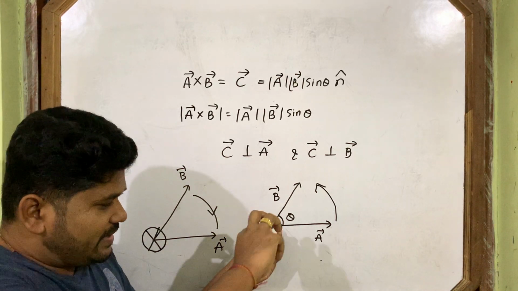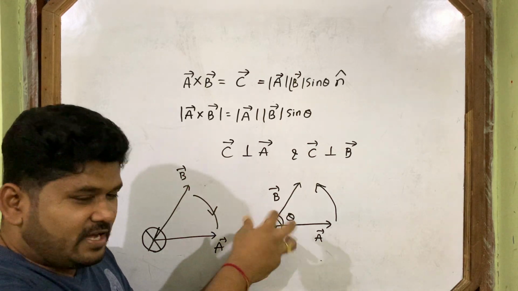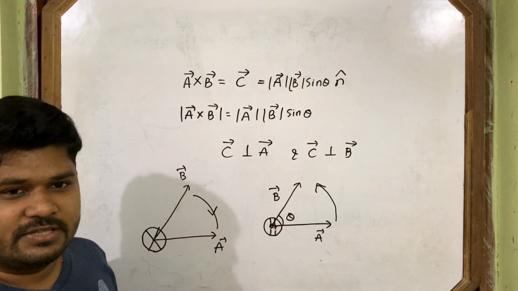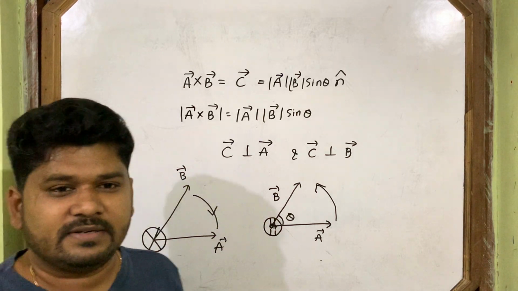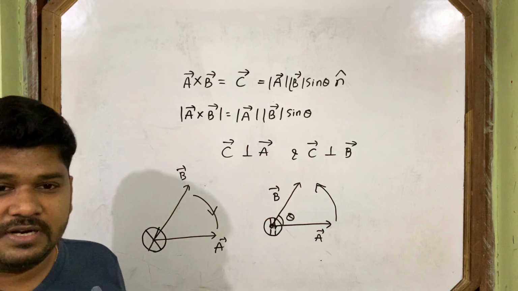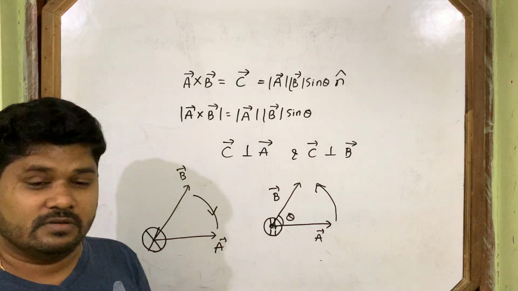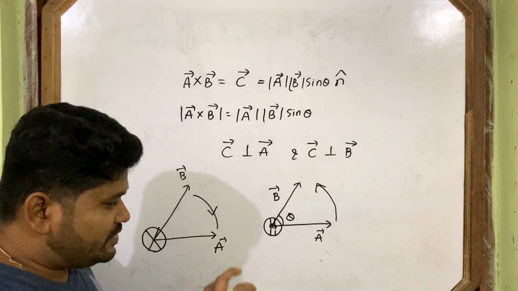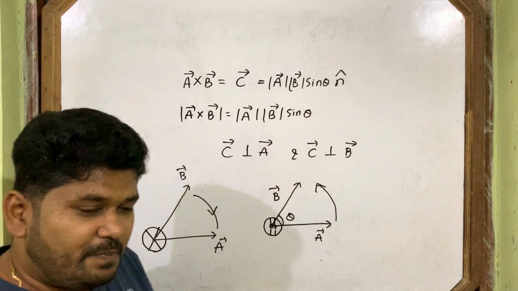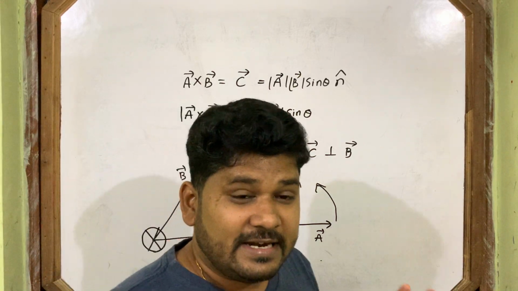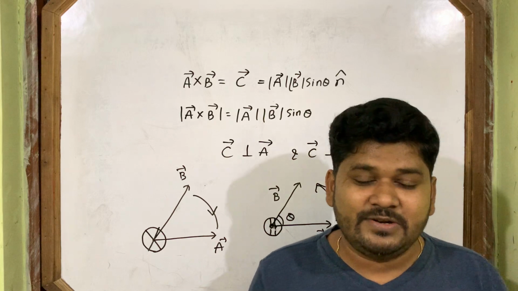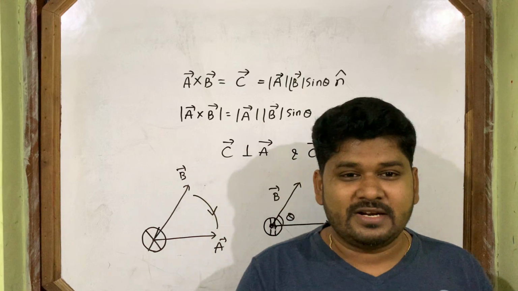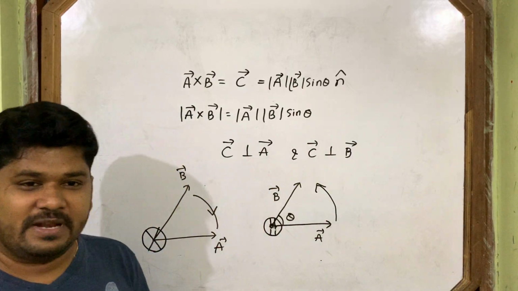Now you see, if I am doing like this, you can think of the answer. Where will the screw go? I am doing like this. The screw will come outward. That is Maxwell's corkscrew rule. So the direction of the C vector is outward. When you tighten a screw or open a screw, you are practically doing the cross product. Practically you are doing the cross product there. So that is the practical life application of the cross product.